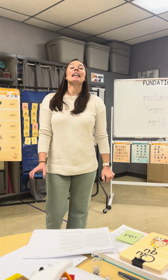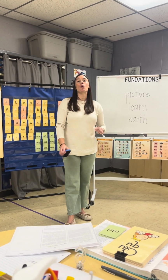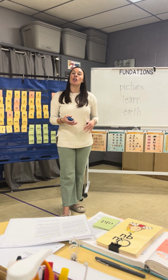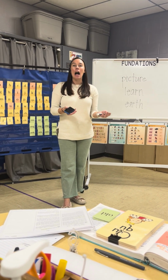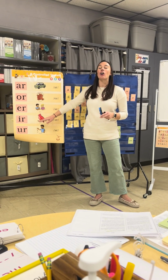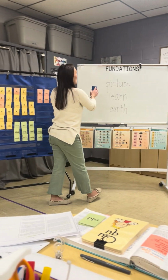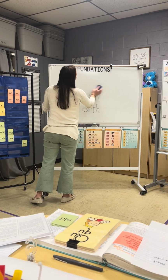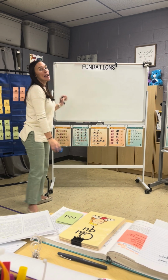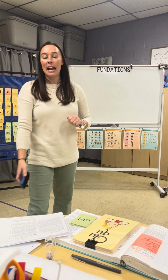Now, I need you to take your composition book paper from Miss Hembry. We're going to do a little checkup. We're going to see how you're doing on understanding our words that have our R-controlled vowel sound. So, once you get your paper, I need you to write your name at the top, and I need you to be ready in